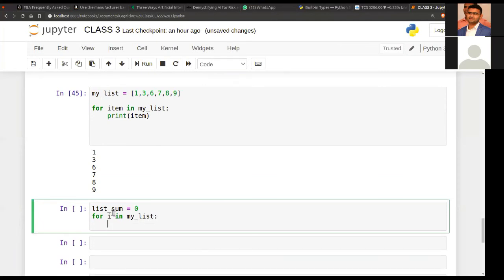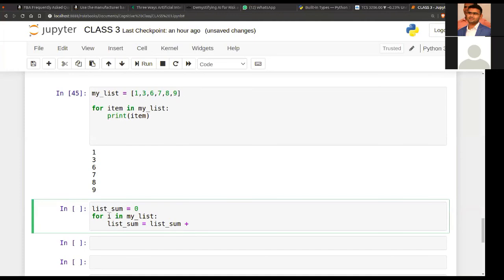Okay. Now let's list... sum equals list_sum plus i. So every time, I want to sum each and every one of the elements in my list.